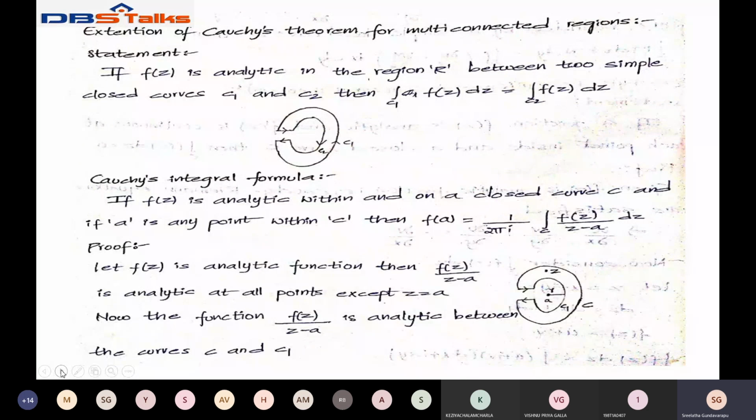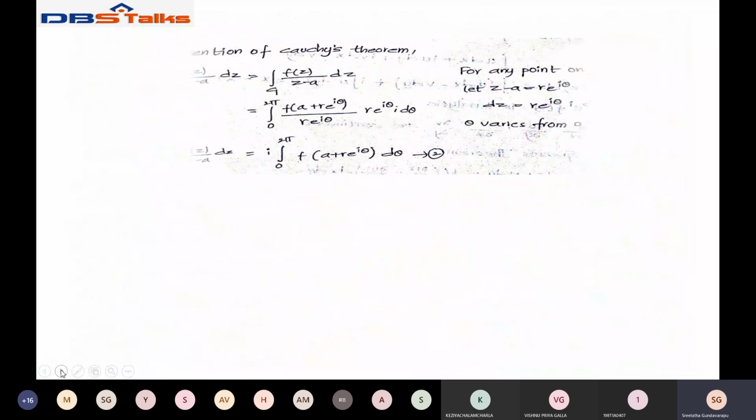Proof of this theorem. In this statement, given that f of z is analytic, then f of z by z minus a is analytic at all points except z equal to a. So the given function is f of z by z minus a. Now the function f of z by z minus a is analytic between the curves C and C1. These are the two curves we have taken. We have to use the statement of extension of Cauchy's theorem: